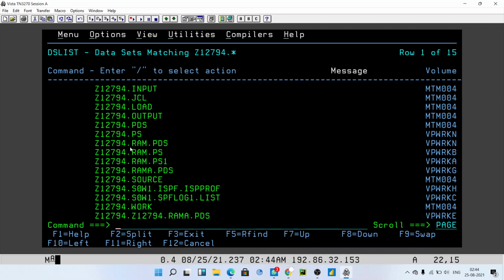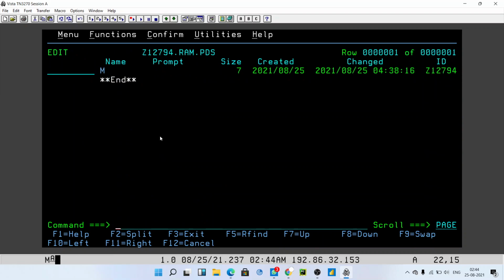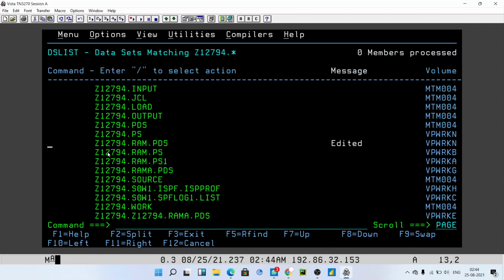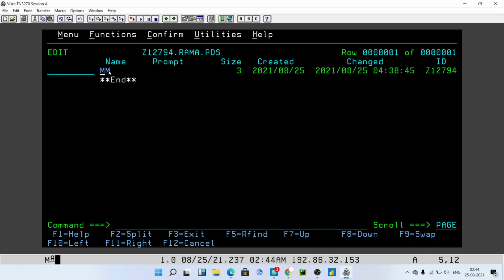for this demo. This is my ram.pds. In that I have m as a member. I'll copy this m member of the ram.pds file into the rama.pds file, which already contains one member, mm.